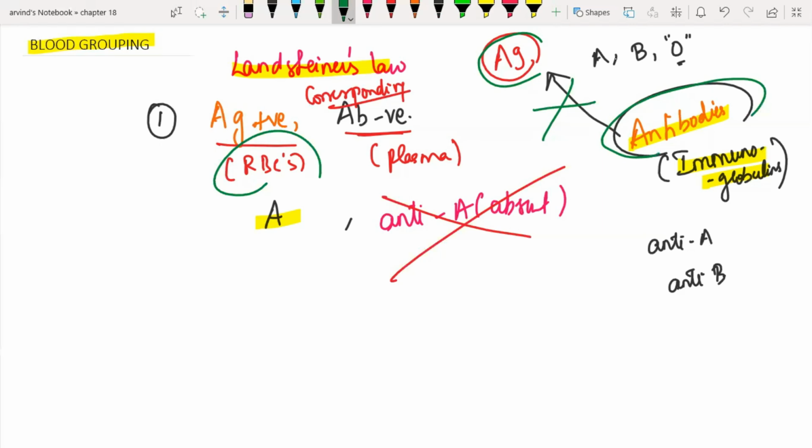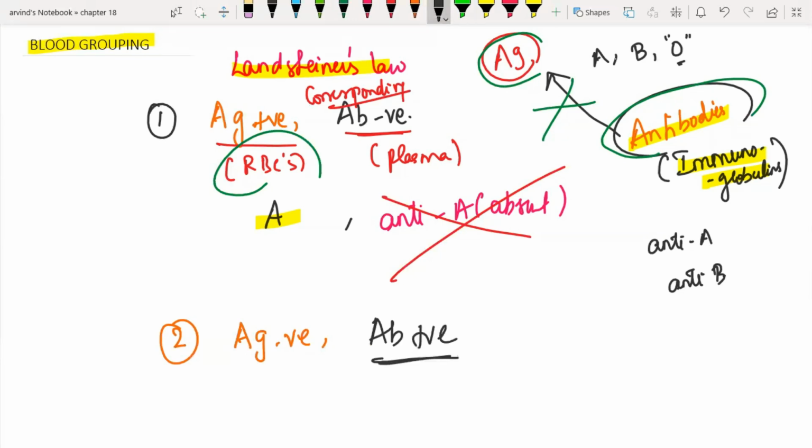It's like you are going as a couple somewhere, okay? Then either your parents or your ex-girlfriend or boyfriend should not be there, right? Then it is a big issue, right? Same thing. Now, the second law is if an antigen is absent in an RBC, then its corresponding antibody